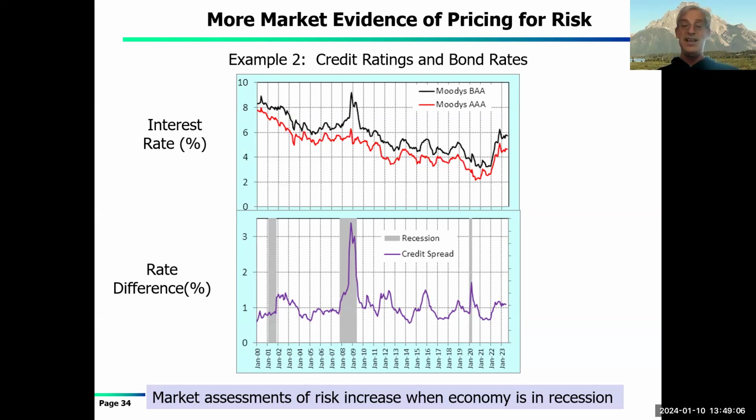And one of the things that you see in here is, well, what do you know? If you just lay over that graph the gray areas of recessions, look at how much that credit spread moves as soon as the recession hits. One of the things that happens in the marketplace is the risks associated with recessions regarding what credit means: will you get paid back, or will the bonds that you purchase default? That is how much the market changed its mind. And look at how it reversed itself as you came to the end of the recession.